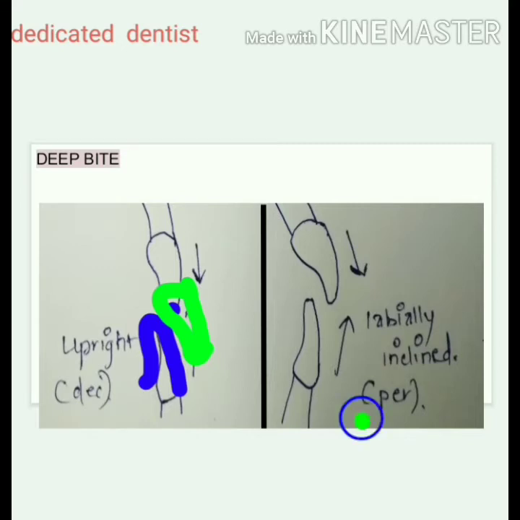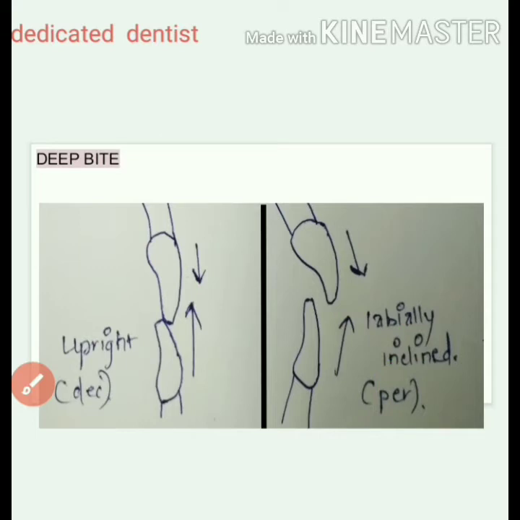Whereas in the permanent dentition, the teeth are more labially inclined. They are not straight and upright, one above the other, with the incisal edge contacting the cingulum area like in deciduous dentition. It's very labially placed. That is because the molars have erupted. In the permanent dentition, they have taken up space and their eruptive forces are such that they force the teeth anteriorly, and hence these anterior incisors also get labially inclined. So this deep bite in the deciduous dentition, over time it gets reduced because of the eruption of molars, attrition of incisors and also forward growth of the mandible.